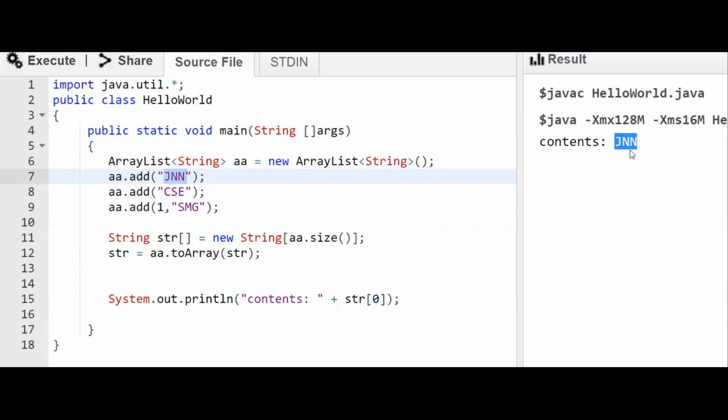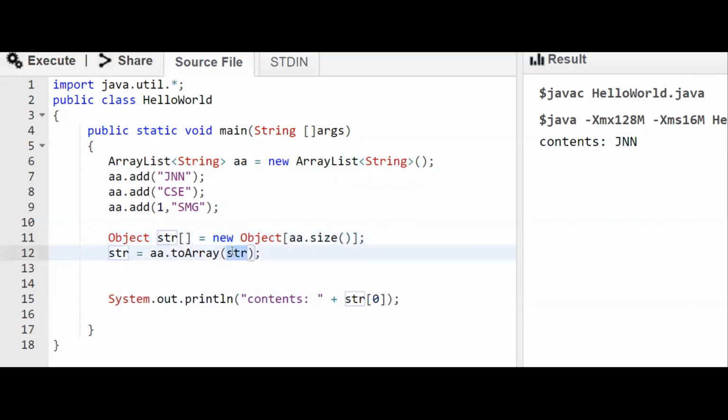The other way is, instead of converting it into a string, we can convert it into an object also. When we are converting it into an object, this parameter is not required. So same thing, we can write like this: object, new object.